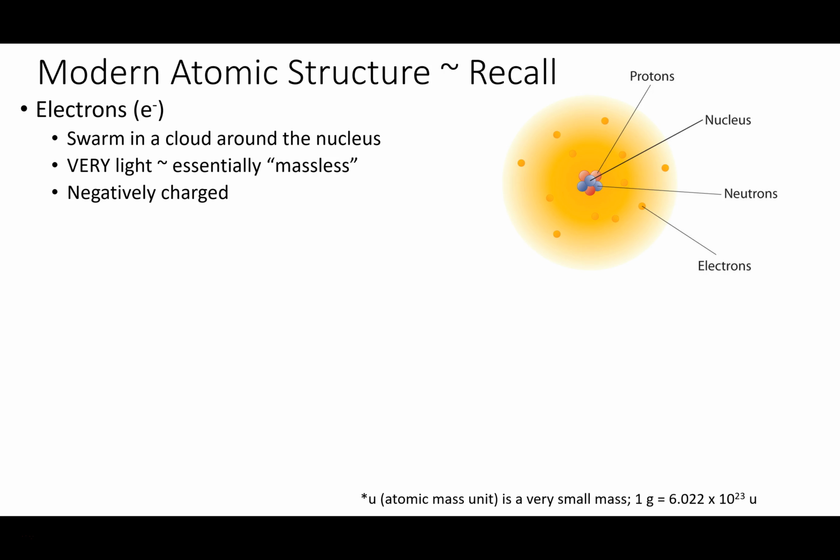That's what chemists say, that they have no mass. And they swarm in a cloud. Heisenberg's uncertainty principle says you can't really know where they are; they don't orbit like the planets orbit the